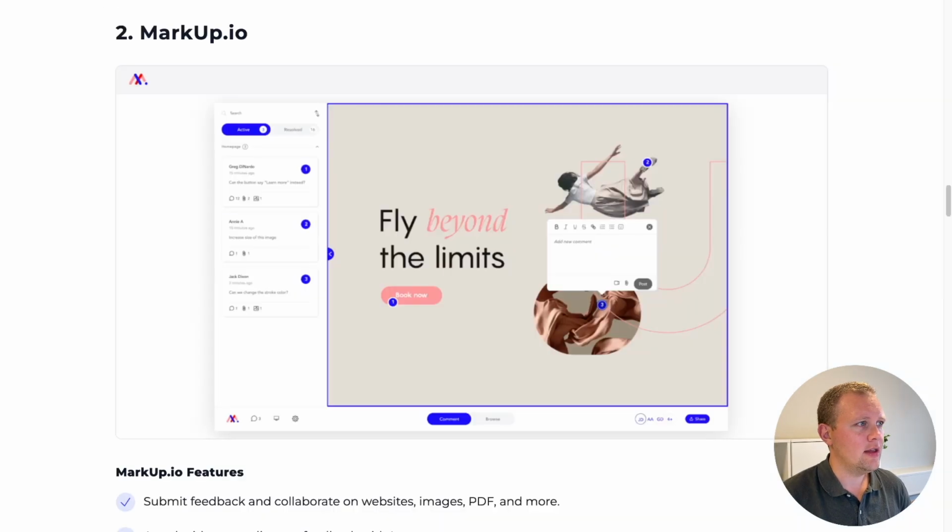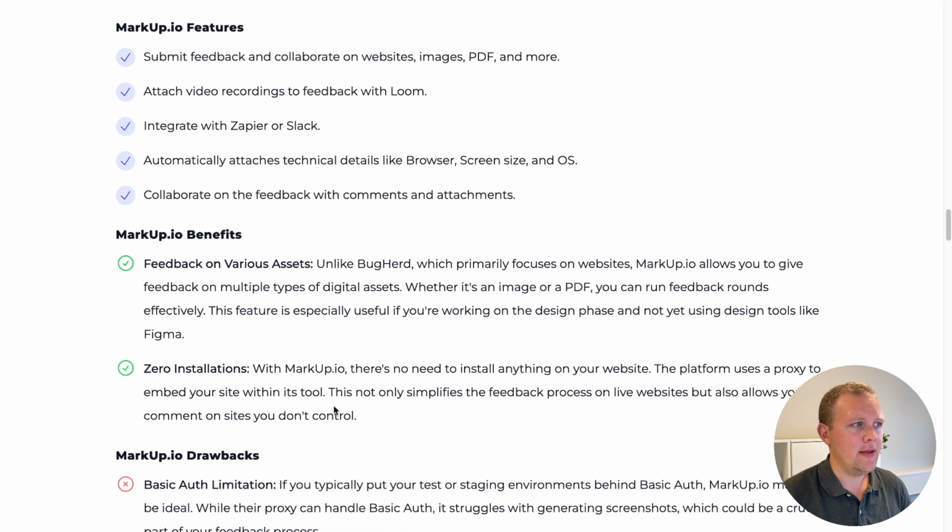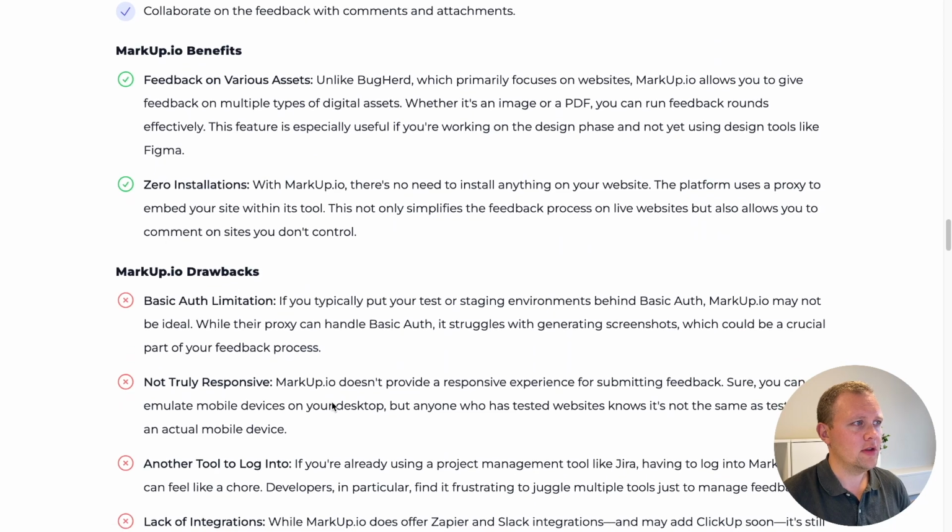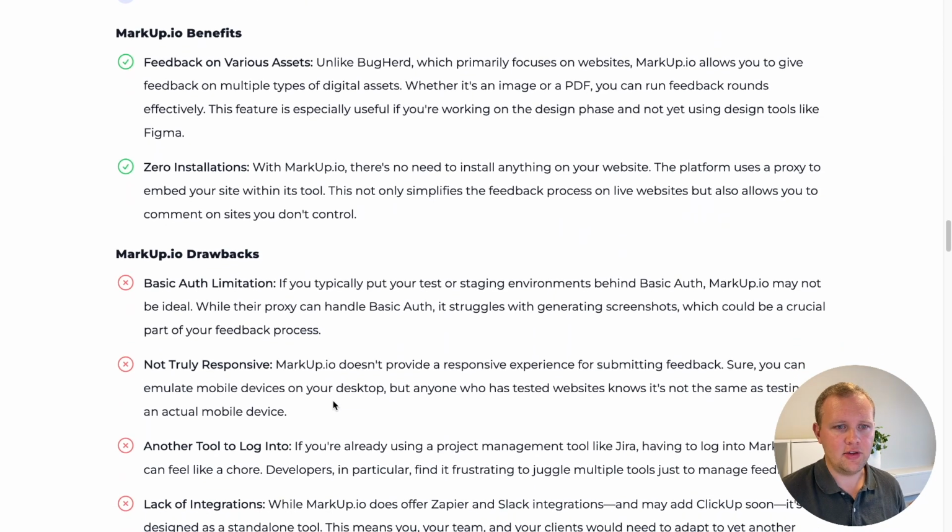I would say that the main difference and the main benefits of Markup.io is that you can do feedback on various assets. I just showed you on our website right now, but you can submit feedback on PDFs or some images or something like that. And a main benefit as well, of course, is that it's zero installation. So with Markup.io, there's nothing to install. It's using a proxy technology so that you basically can submit feedback on any website that you don't even own,